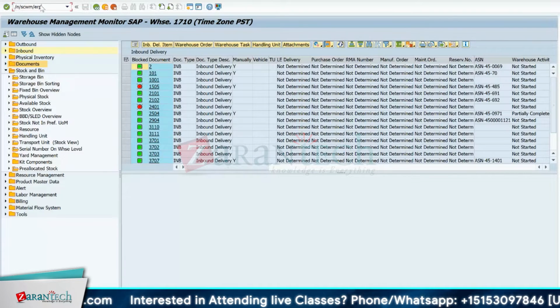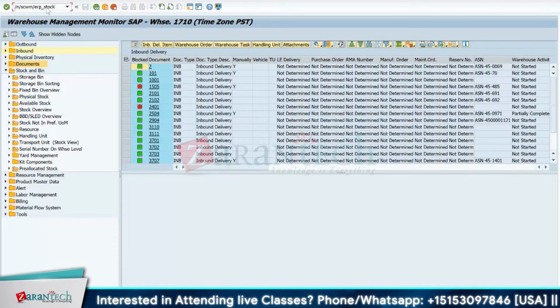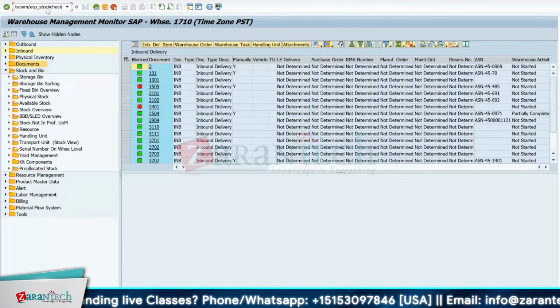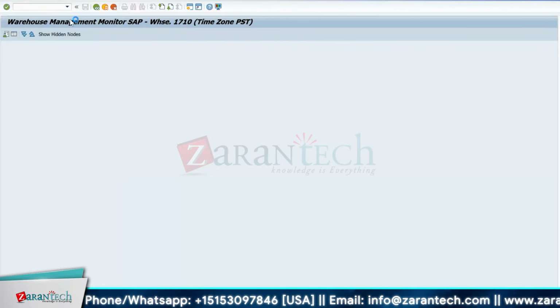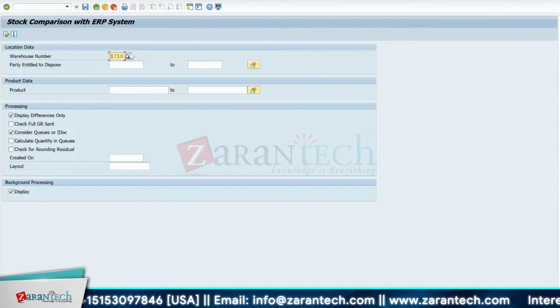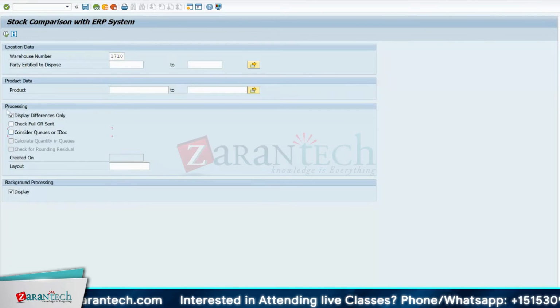So what you can do, there is a standard transaction in EWM. It's called ERP stock check. Generally, this transaction is run by warehouse supervisors or managers or shift in charges, whoever it is. You can run it at fixed time intervals. This is the transaction, /SCWM/ERP_STOCK_CHECK. Over here, you can run it for the entire warehouse to see if there's any